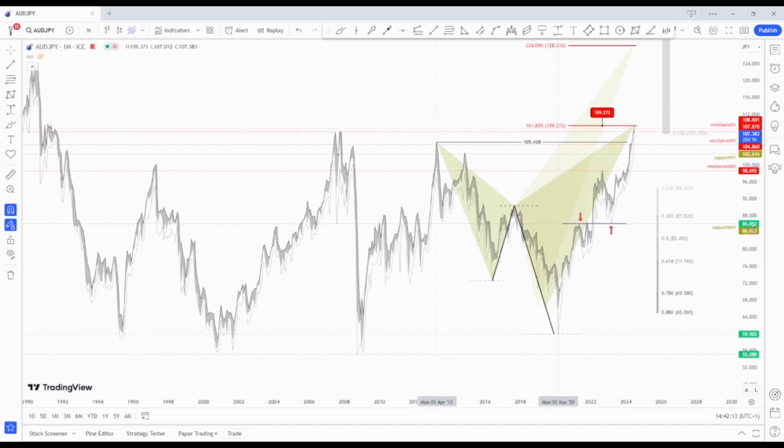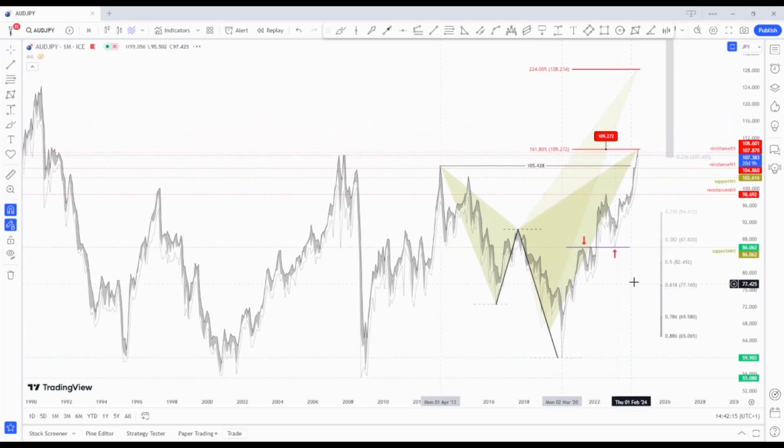So let's move forward and check also the Aussie versus the yen, because it's more important than the dollar versus the yen, because the dollar versus the yen already completed the pattern a few months ago, actually in April. Only now the Aussie versus the yen completed the bearish shark pattern. Let me erase this one for now. So we are now tracking this bearish shark pattern at 109.27,